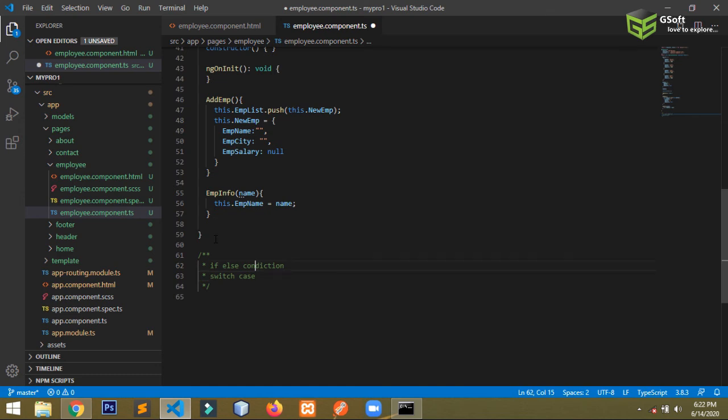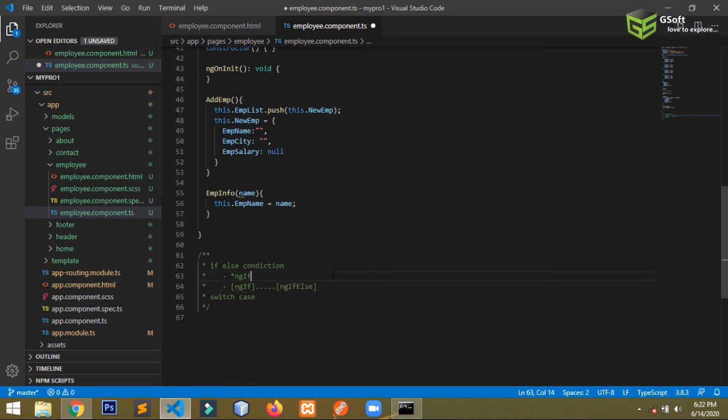Okay guys, but inside if else there are two types of if else condition. Let me show you. The one is ng if, and then ng if else.